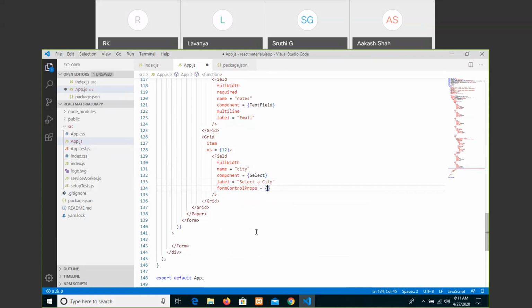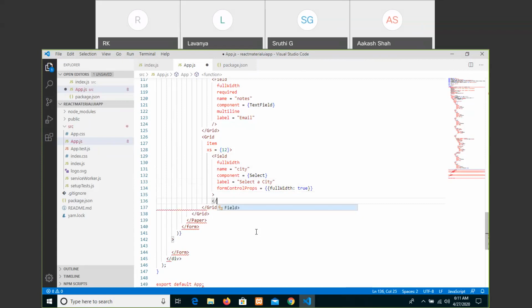In the opening closing curly braces, again opening closing curly braces, we are just writing a full width, that is true. Then we have to give, don't close the field here, make it separate, because we have to show the options right now, drop down options.